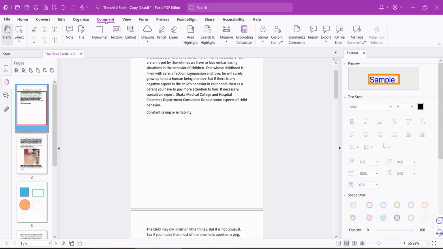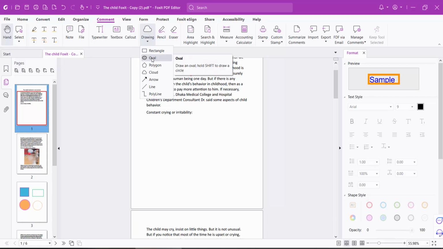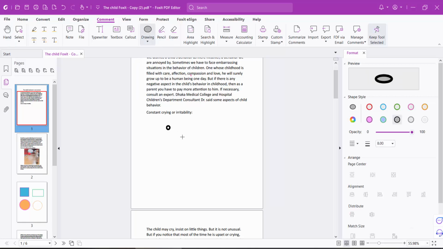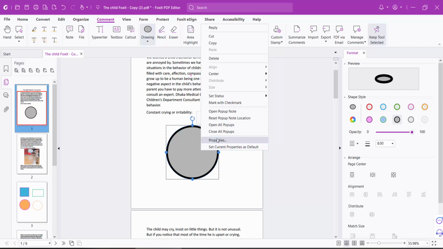Now click on this comment option and this drawing option, click on this down arrow and this is the oval option, select here and draw your oval shape. See, this oval shape is now inserted. Click the right button and select